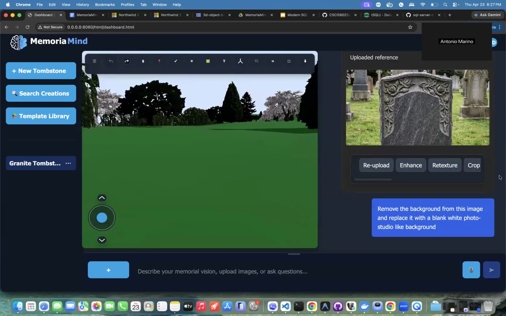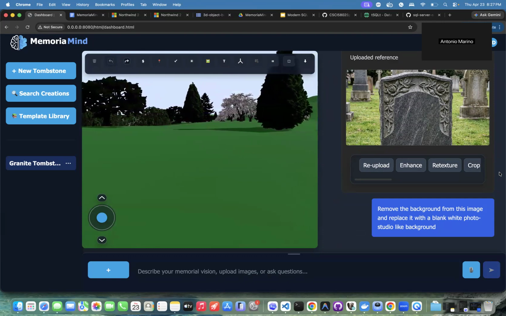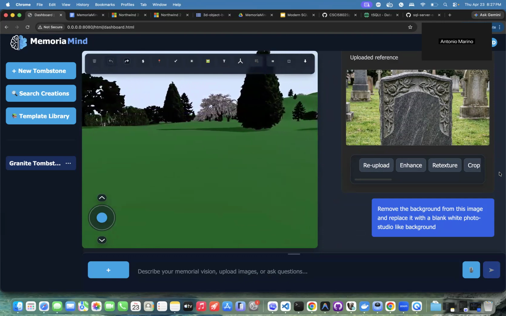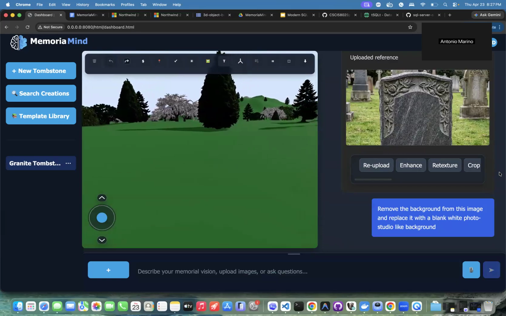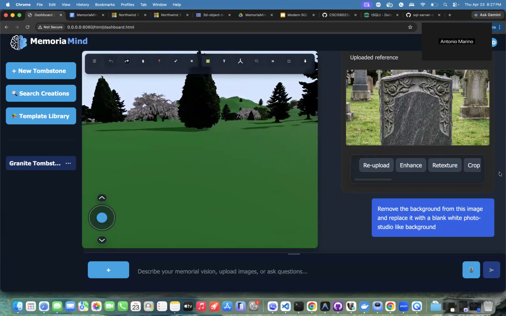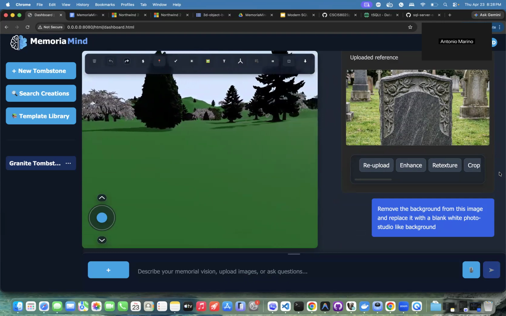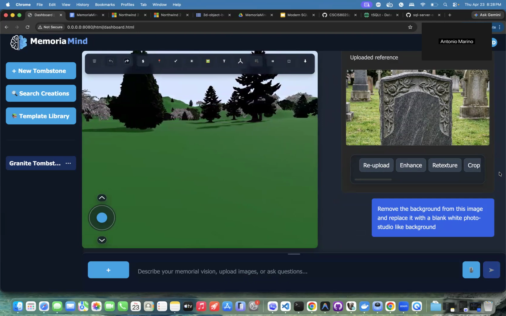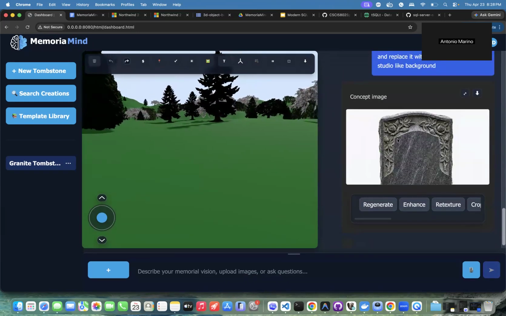So we'll click that button and wait for a response. And here you can see it removed